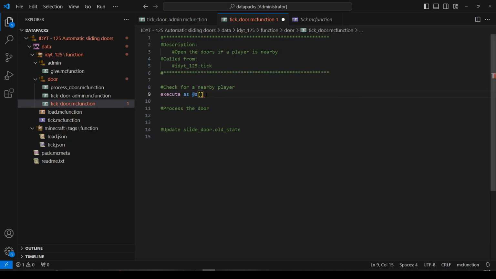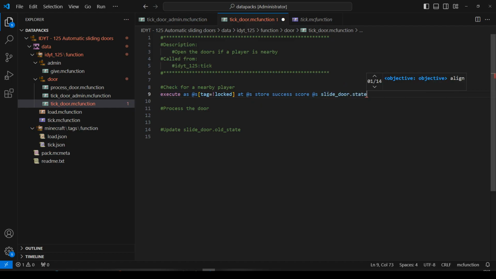And here I'm going to add the lock bit. As I demonstrated in the intro, the lock doesn't do anything. Well, you can lock it open, I suppose. That actually works at the moment. But locking it closed, you can still just walk through it. But tag equals not locked, at @s, store success as a score at @s